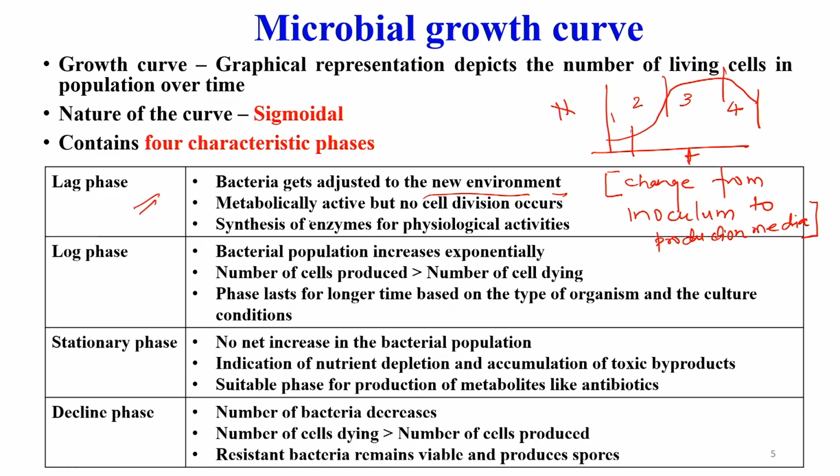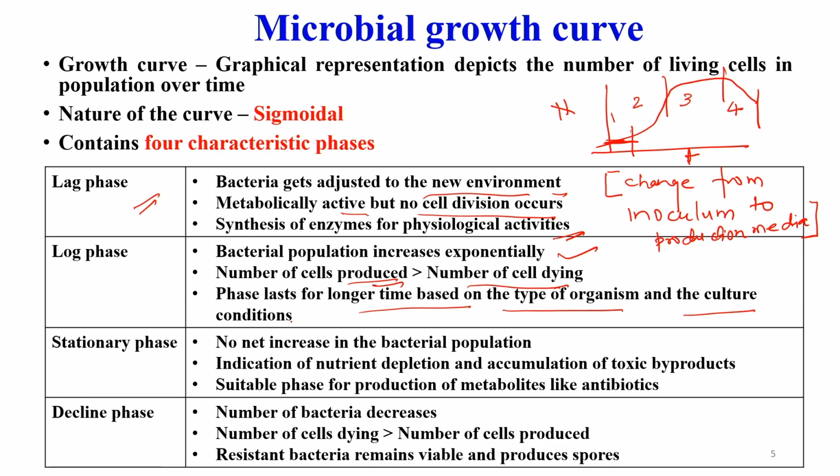Then metabolically active but no cell division occurs, because here you just see there is almost no increase in the cell number, and synthesis of enzyme for physiological activity. So, basically in the lag phase, cells are acquainted to the environmental conditions, and once they are acquainted, then this bacterial population increases exponentially. So, here once it is increasing, we consider the number of cells produced is exceeding the number of dead cells. This phase lasts for longer time based on the type of organism and